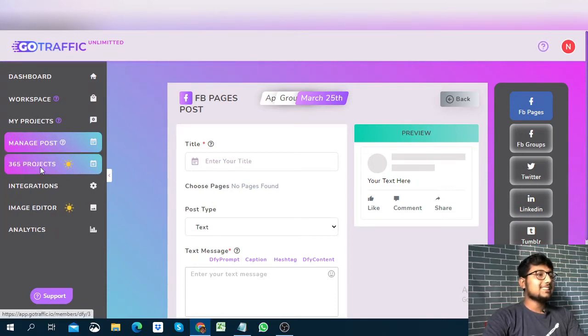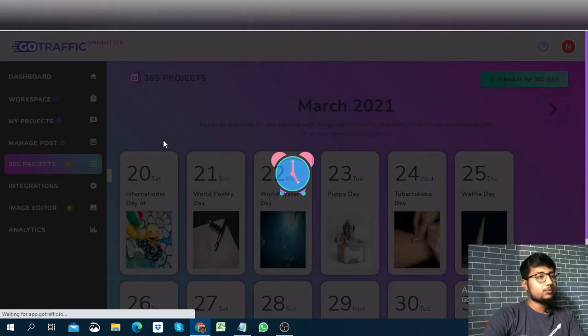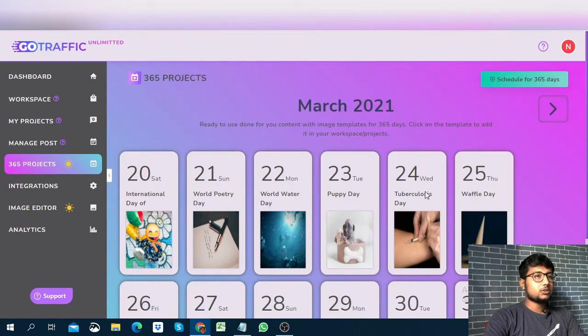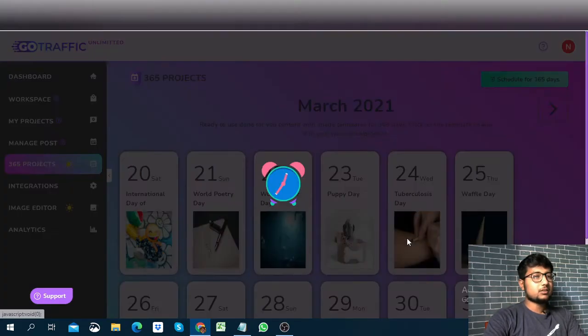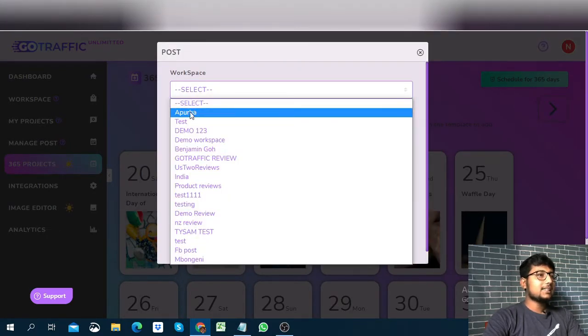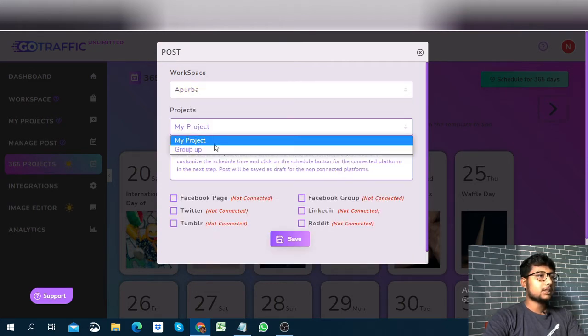In the 365 project section you can find done for you projects for 365 days. Here you can see my March project is ready, so I can view it, and I can edit the project also. I can select the workspace, so I just select workspace 1, my project name, group up this project.